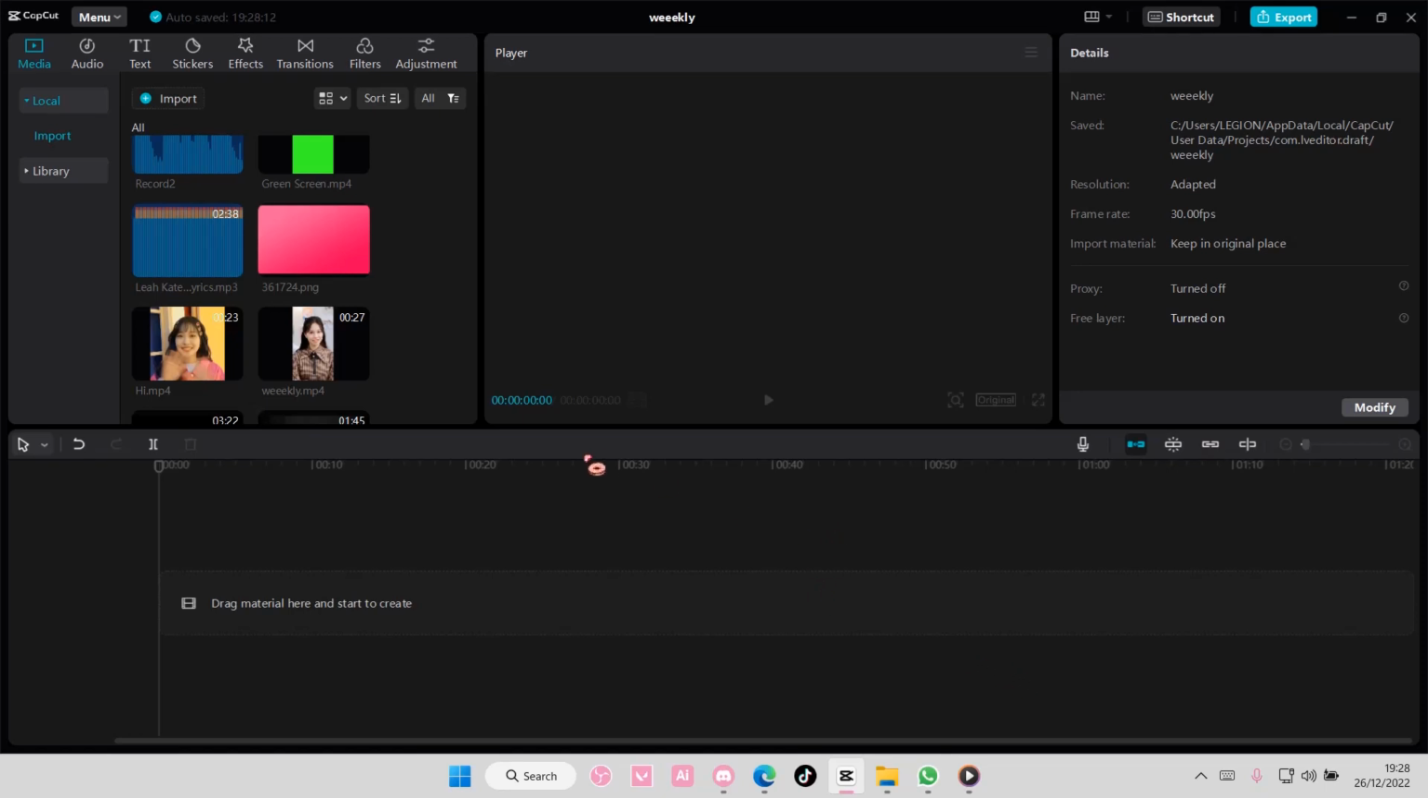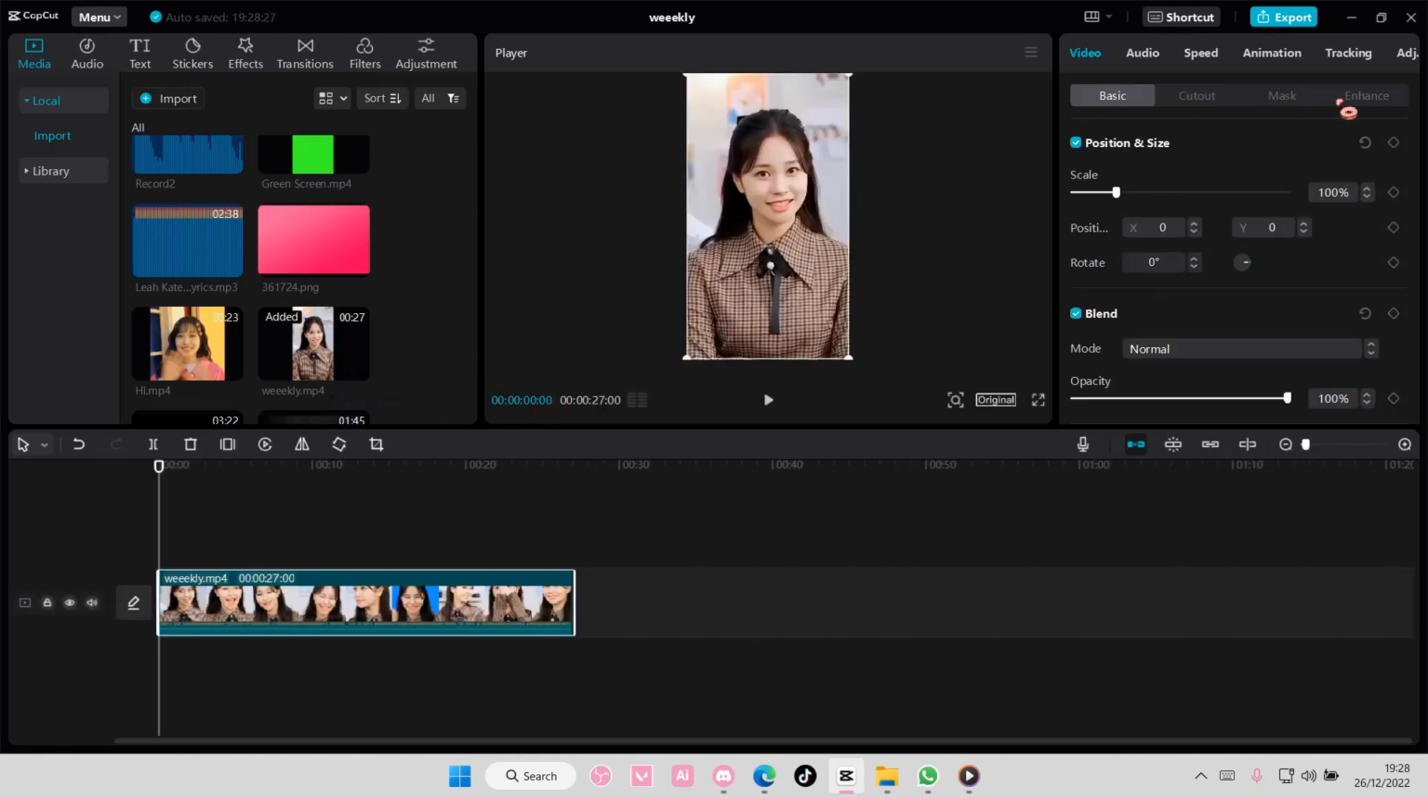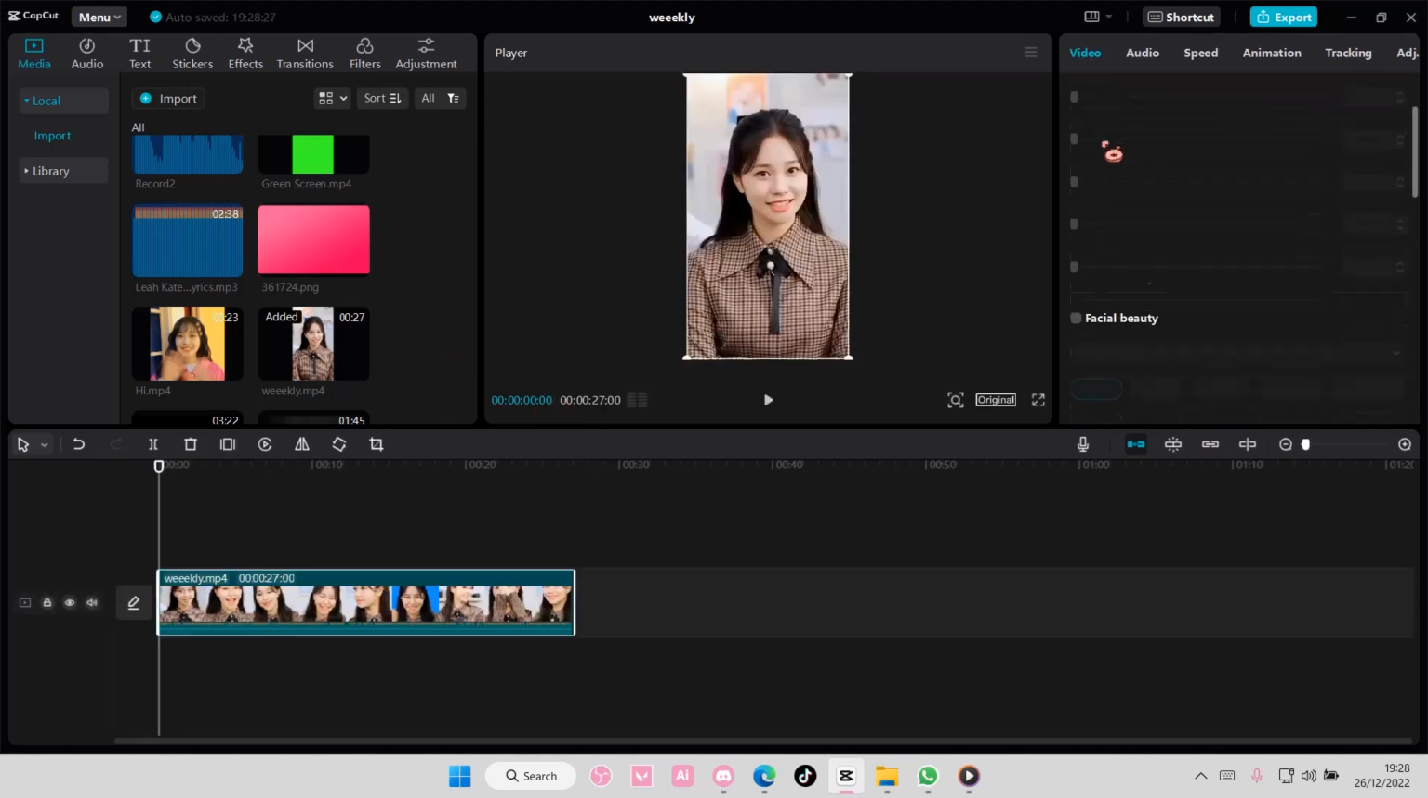In this video I'll be showing you guys how you can apply makeup on CapCut PC. So select your video and go to enhance, go to makeup. You can adjust your face too, and adjust this facial beauty